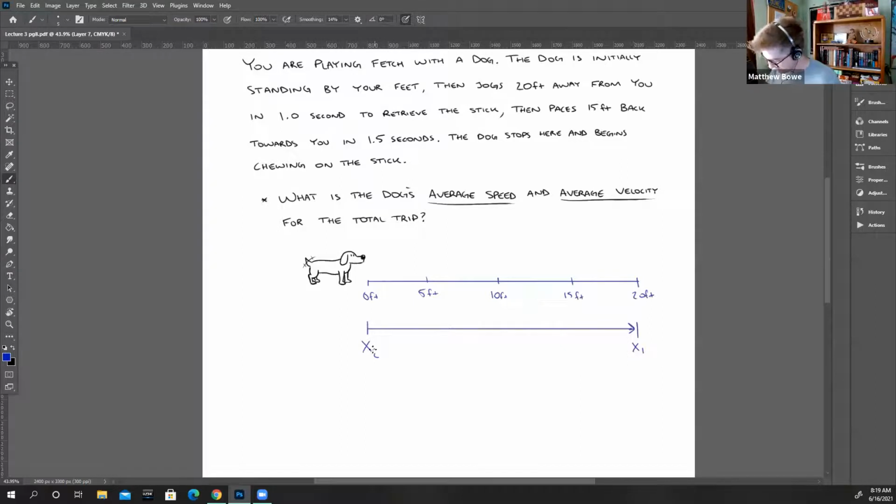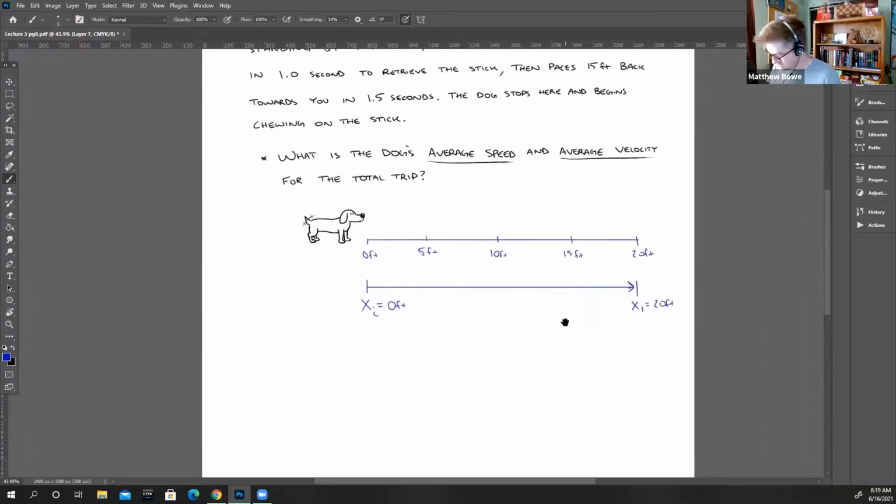So it goes from here to here. So at x sub i, that is 0 feet. At x sub 1, that is 20 feet. It then goes from x sub 1